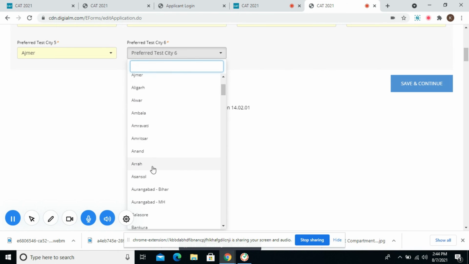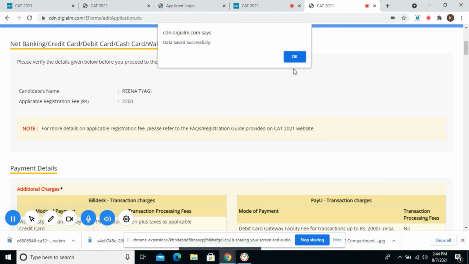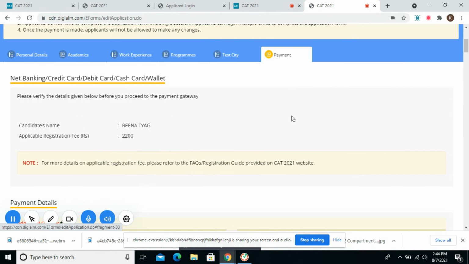They cannot be the same, so you'll have to use 6 different cities. Click on save and continue.